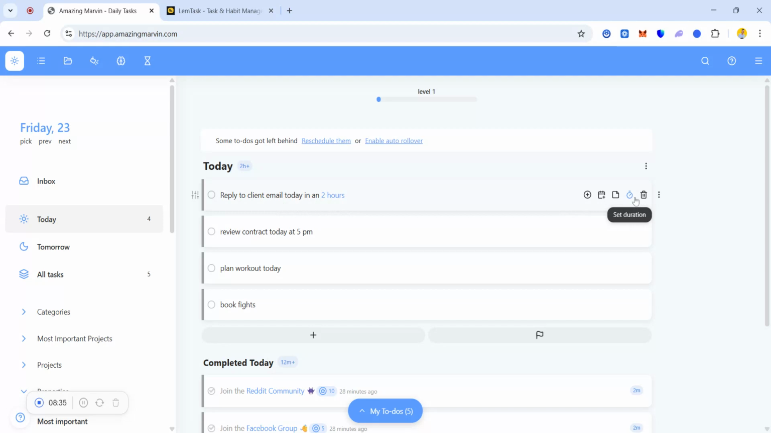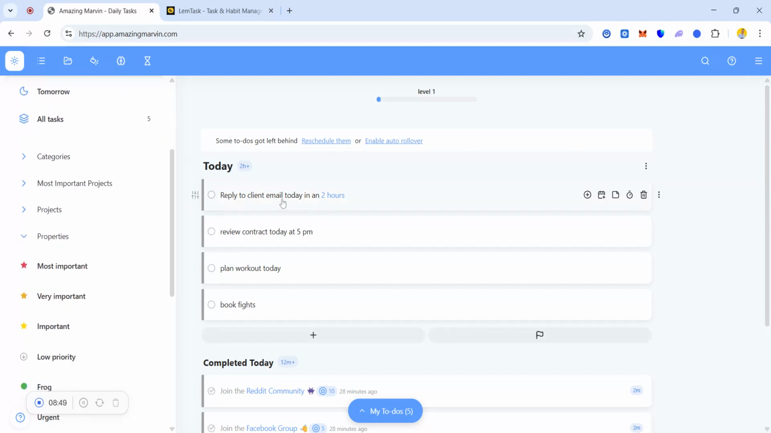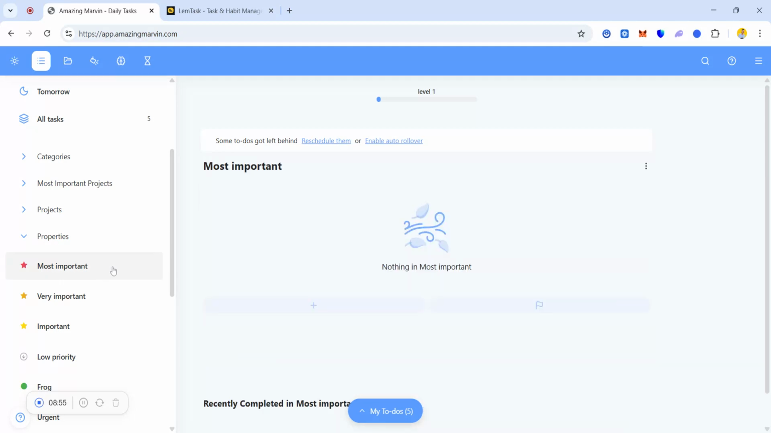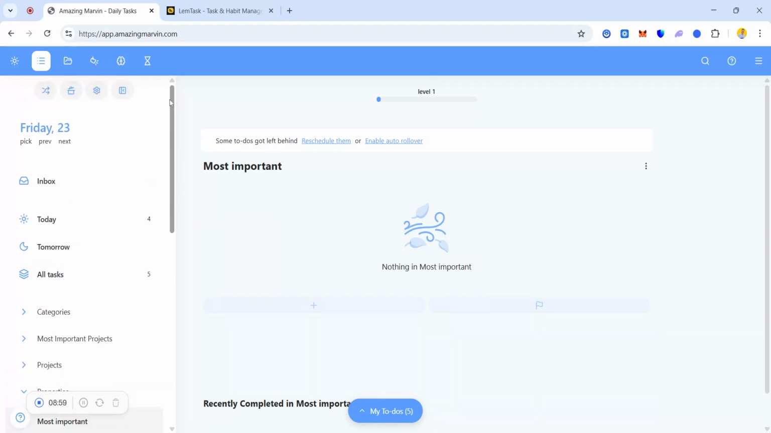I can even set a duration time. I'll be reviewing contracts today at 5. I'll be planning a workout today. I'll be booking my flights. If there is a certain task that is very important to me, I will just take it and slide it here. Once I slide it here, I just go into most important